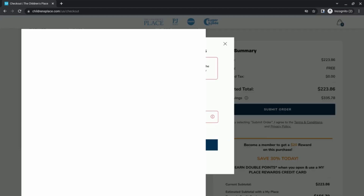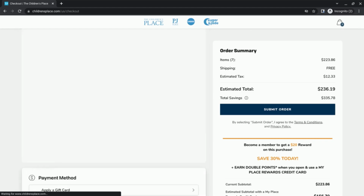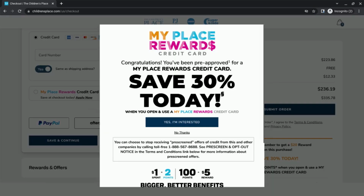Now, when you put all your information in, they're asking to verify the address because it is an apartment number. You can put that apartment number on there, or I believe I just kept it as is. Don't put the apartment number on there, just for example purposes. But you can put the apartment number on there. If you have an apartment, just put that on there, and you're going to click continue to payment, and then